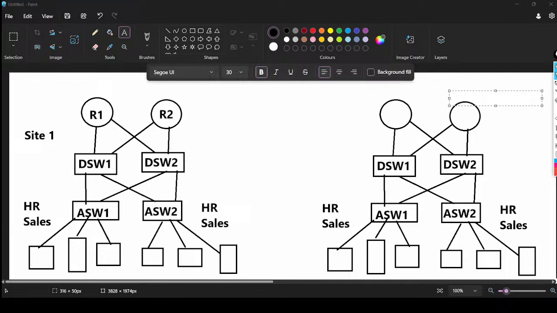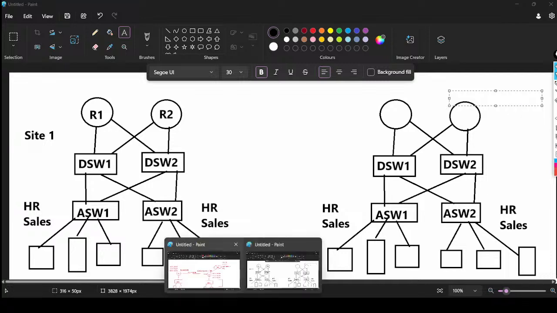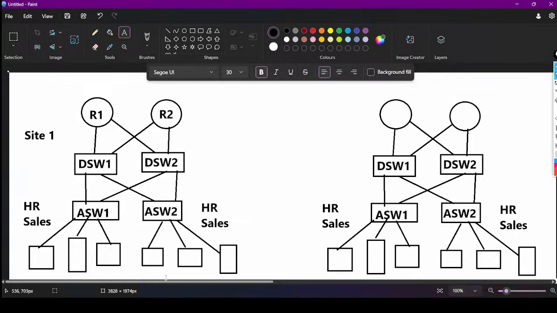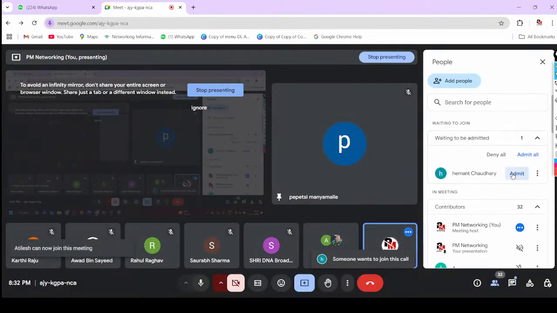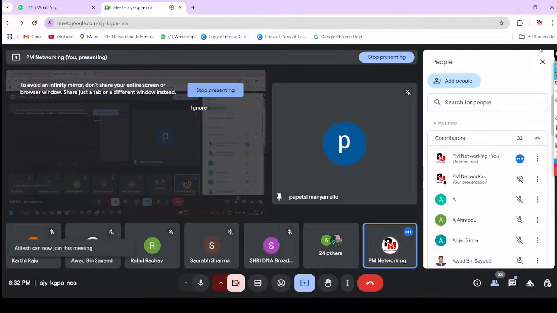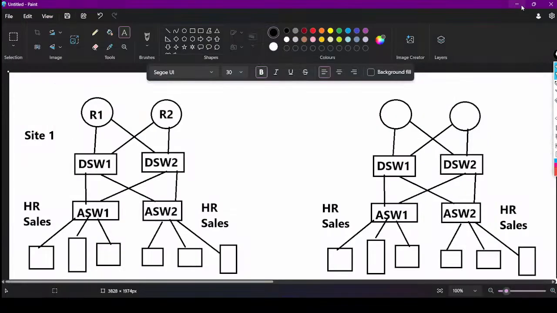Dynamic failover is not possible in static routing. And we have one more type of static route, that is called the default route, to forward all the traffic, meaning any traffic towards